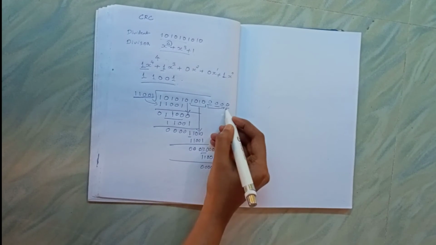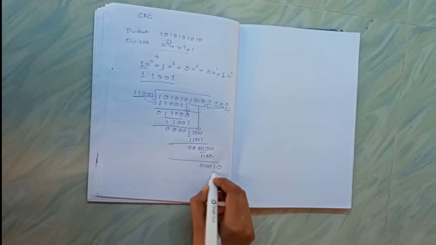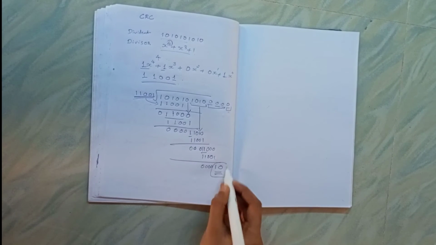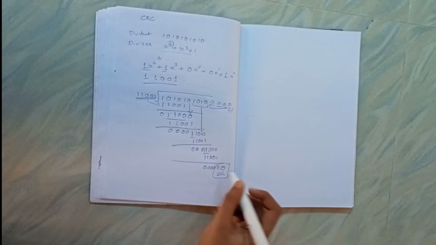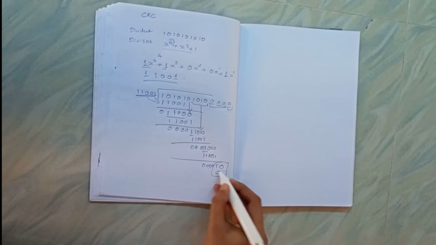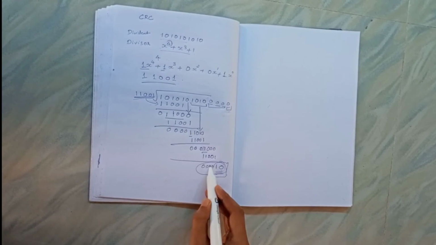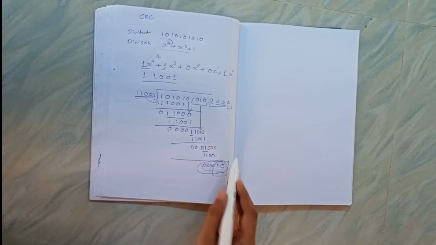Okay, then here a 0. There are only 2 bits here and we need 5 bits. So this will be the remainder. So this remainder is given here. Here there are 6 bits and here there are only 4 bits. So it doesn't matter if there are 6 bits, we will give only 4 bits here.